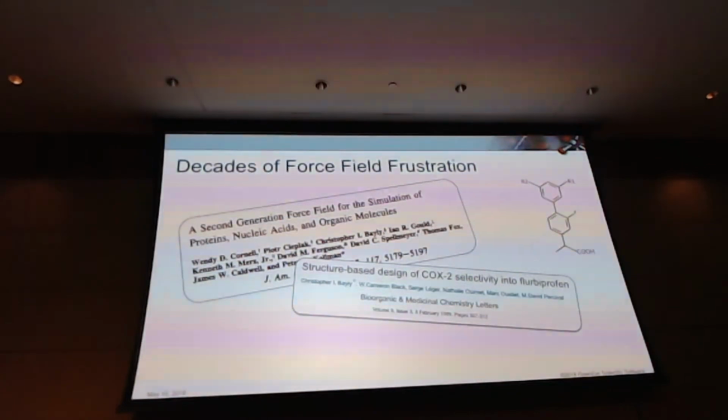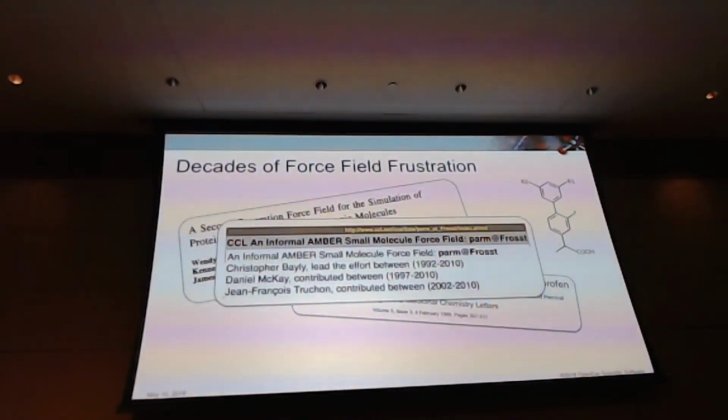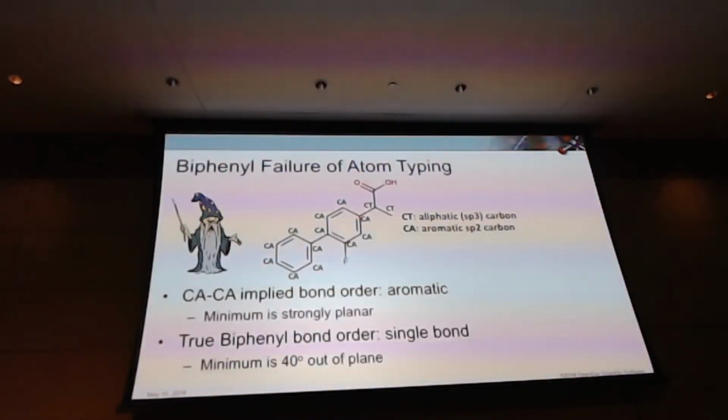And guess what? I could not work with this force field, this general organic force field. I had to come up with a few extra parameters. And then for the next compound, I had to come up with a few extra parameters, and a few extra parameters. So 18 years later, we had this small molecule force field. This predated GAFF, so I had to come up with it before GAFF. And it consists of almost 3,000 parameters. And this is how we actually ended up being able to do our calculations on our small molecules.